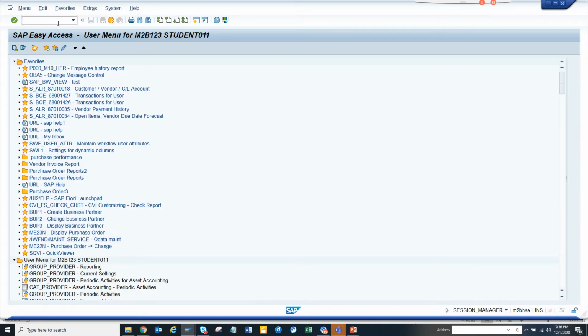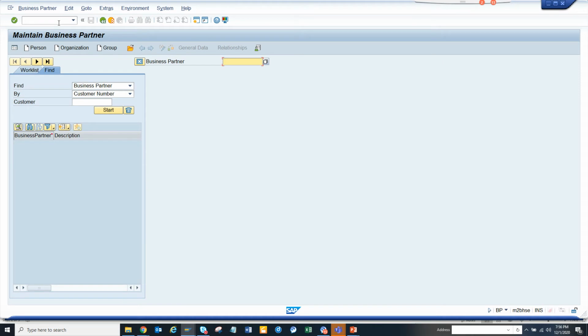When we go to the system, it is an S4 HANA system. A person who has the transaction code BP should not have this access. BP is business partner, change or create access, that's S4 HANA. In SAP ECC, it would be FK01, XK01, MK01. These are the transaction codes. If a person has change authorization and creation authorization here, and this is a training system, so I have all the access, I should not be able to create a purchase order.